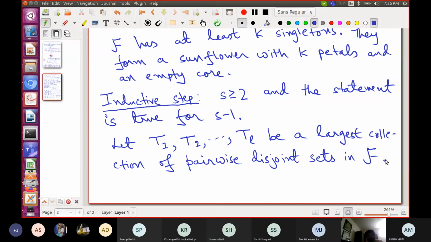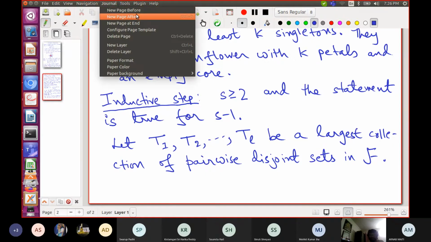It could be a maximal collection of pairwise disjoint sets as well, but don't worry about it. Let's go ahead with largest.